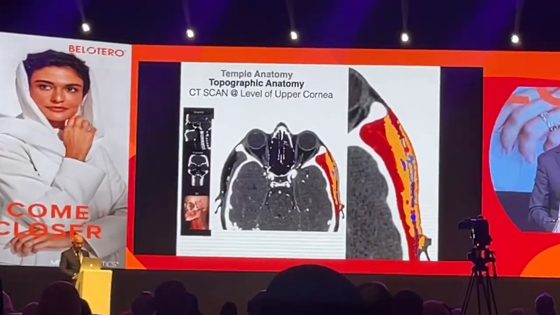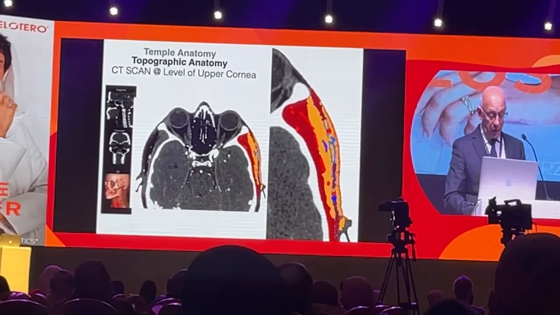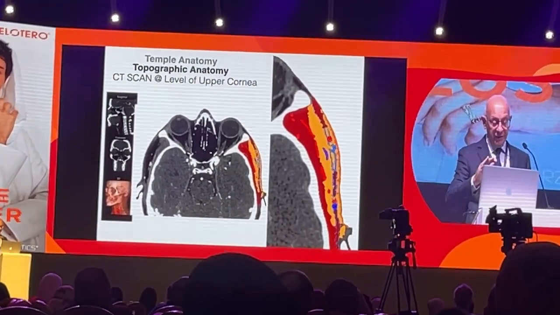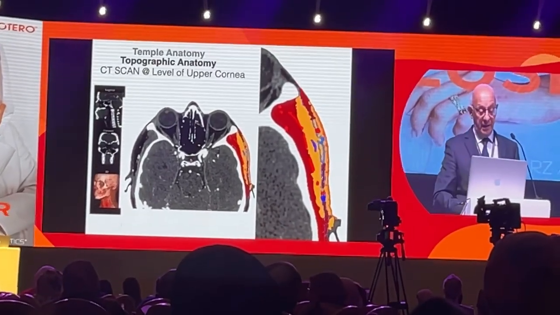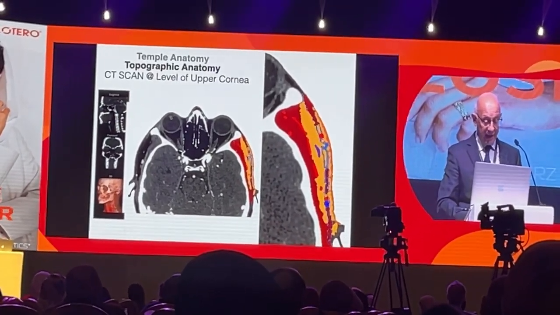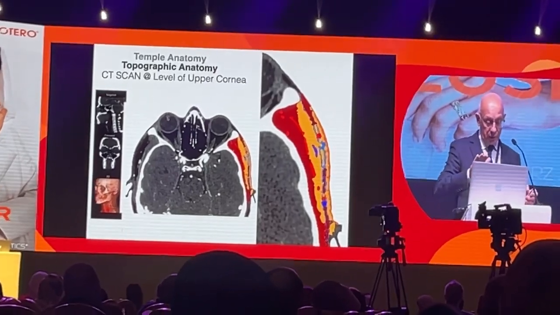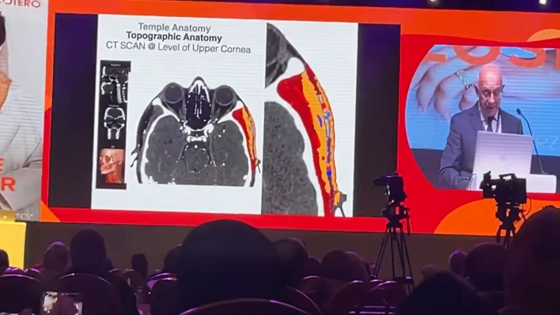Now, this is the typical example that we'll see when we are dealing with this, and this cut still is above the cornea. Here we can see just the lens a little bit on this. This cut here is with the patient tilted a little bit, and here is still more superficial. But here we can see